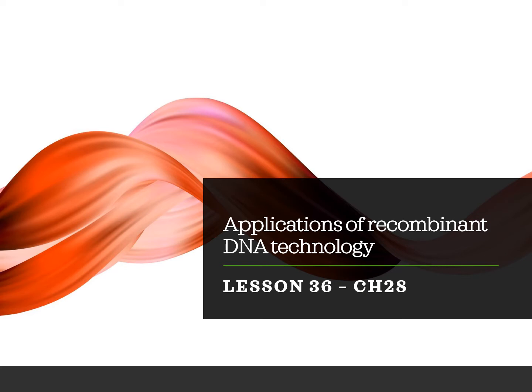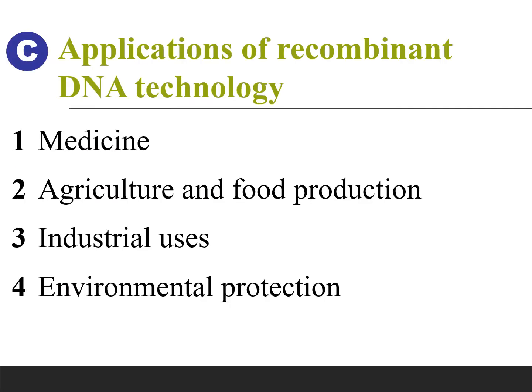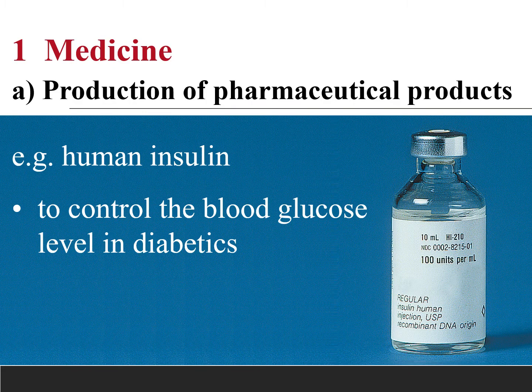Let's start. Application of the recombinant DNA technology can be used in all different aspects. For example, in medicine, in agriculture and food production, in industrial uses, or in environmental protection. A very well-known example of using the recombinant DNA technology in medicine is to produce human insulin. Human insulin can be produced using bacteria in large amount to control the blood glucose level in the diabetic patient,